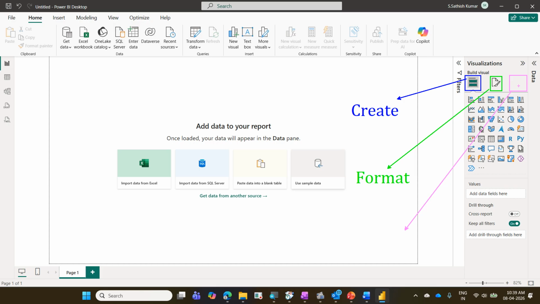Below build visual, there are various visual value, drill down, cost report. We'll explore that. That's all part of creating the report. And there will be formatting report and there will be analyzing your report. Analyzing, fixing the target. So if you want to fix the target,